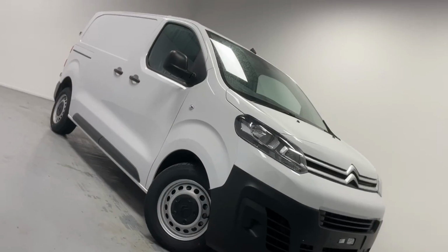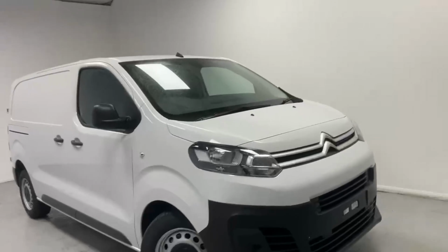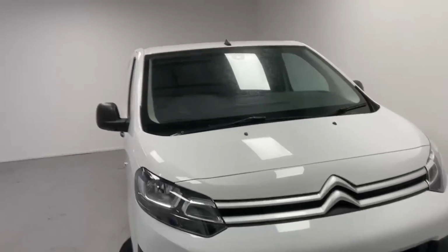Hello, I'm Dario and I'll be showing you some of the features and benefits of the Citroen Dispatch L1H1 configuration. The vehicle is brand new and it's covered under manufacturer warranty. We also applied a triple layer of Gardex Nanocoat to protect it from tree sap, acidity or rain for time